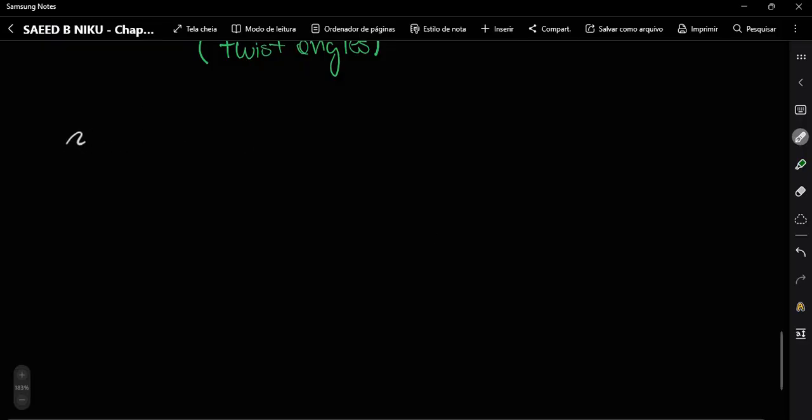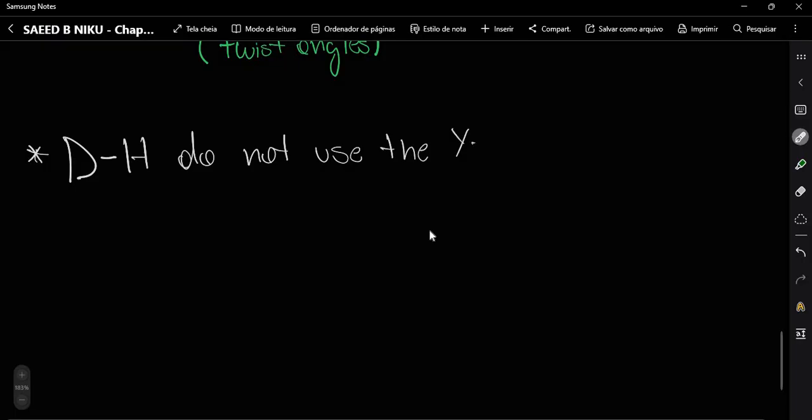DH does not use the y-axis. So we will always